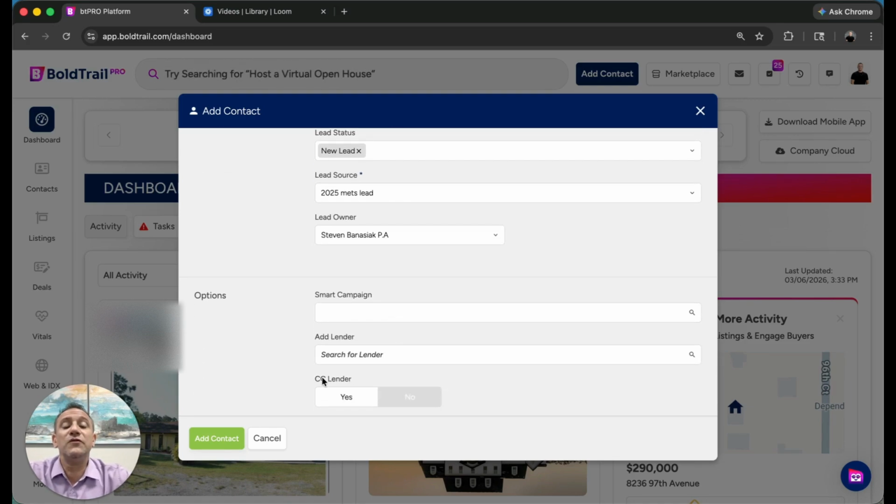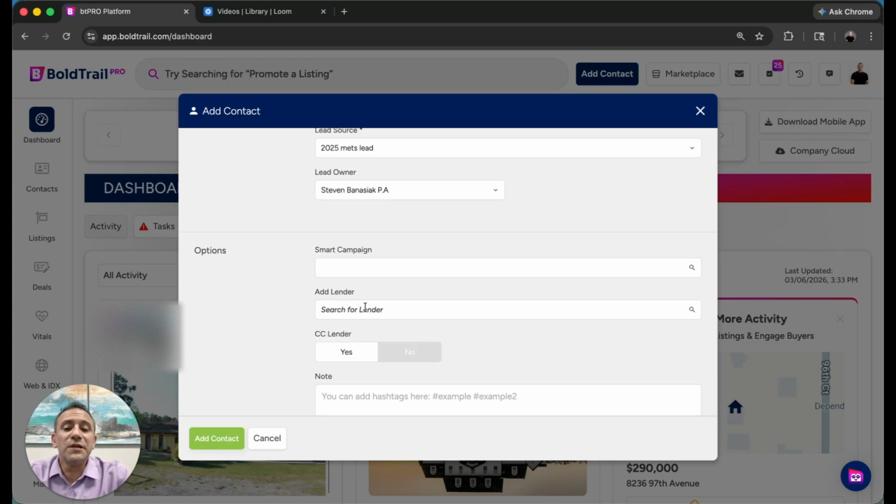You're then going to see an option called a smart campaign or a smart drip campaign or a drip campaign or automated follow-up. They go under a whole bunch of different names. What are these things? They're automated follow-up systems so you don't forget. Remember, we can't track everything in our head. We do need a little assistance along the way. For purposes of this, I'm not going to show you a smart campaign right now,